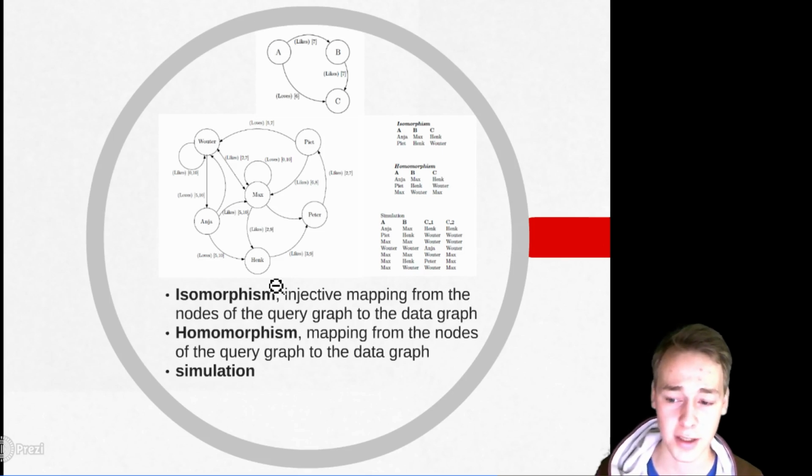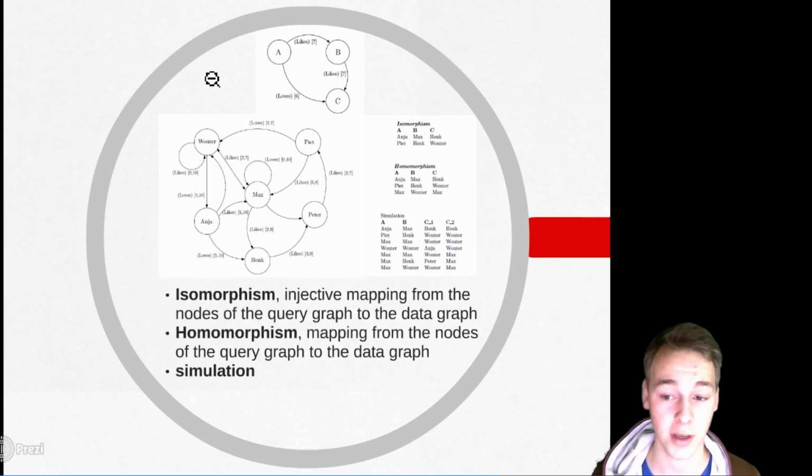Since we have an injective mapping, that means that 2 nodes cannot be mapped to 1 node. We have a homomorphism, which is a mapping from nodes from the query graph to the data graph. So any node here can be mapped to any node here, but all nodes must be mapped. So they must all have a variable. They can all still be the same. And we have a